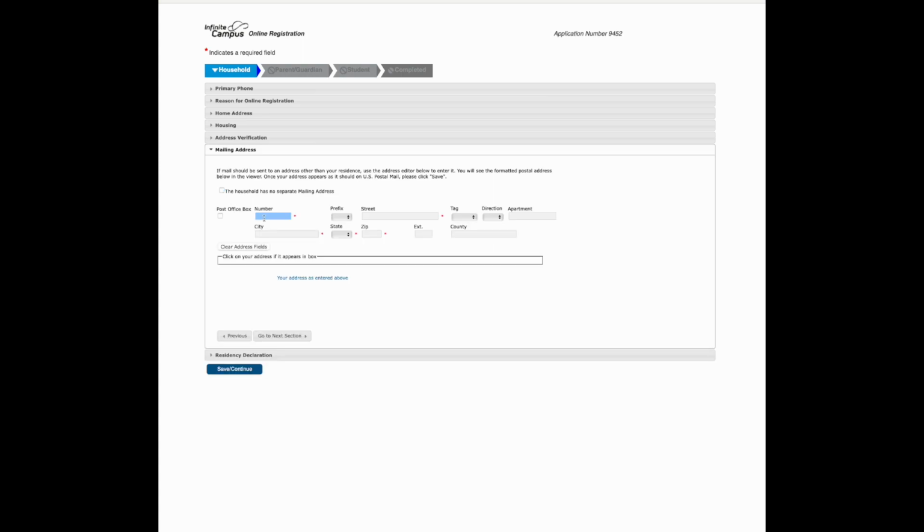This is where I may be able to enter a new mailing address. If you unselect this box, again, you get another address field where you can upload and update a mailing address. Again, this is just a mailing address and not your physical residency address. Clicking Go to Next section has some residency declarations. Please review, check the corresponding box in front of each statement,